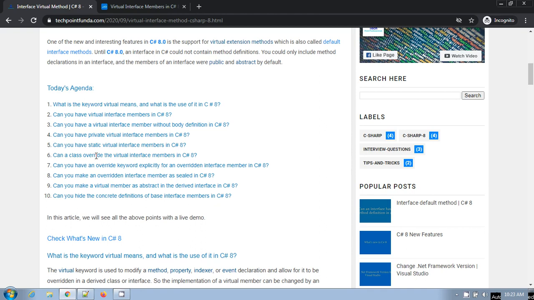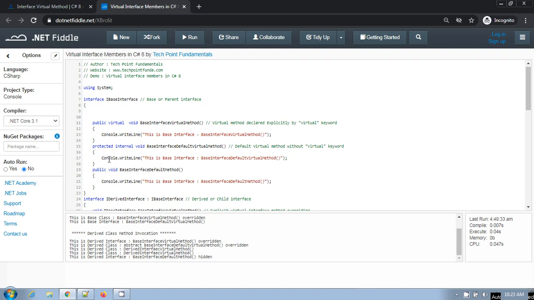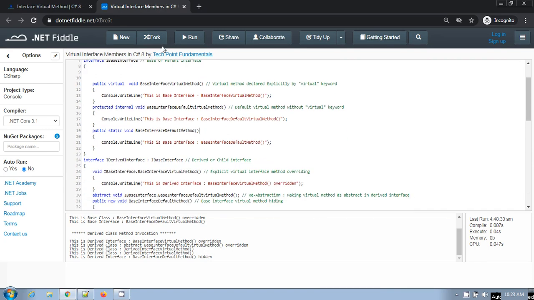Similarly, can you have a static virtual interface member in C Sharp 8? No, you can't have any virtual member as static. If you try to mark this method as static, then it will provide an error.